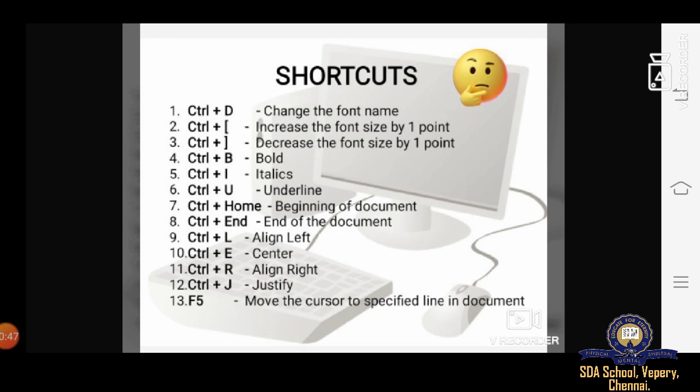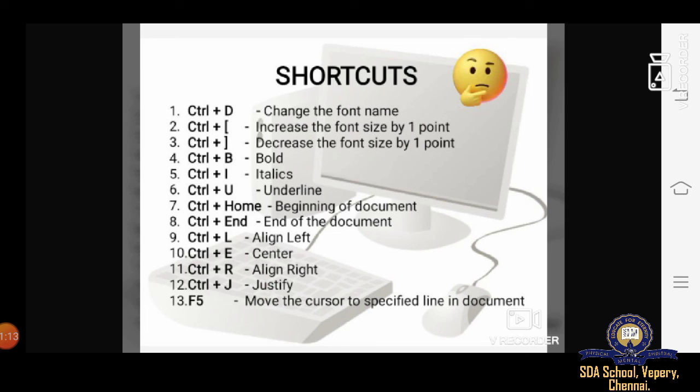Control plus B is bold, Control plus I italics, Control plus U underline, Control plus Home beginning of document, Control plus End end of the document, Control plus L left, Control plus C center, Control plus R right, Control plus J justify.